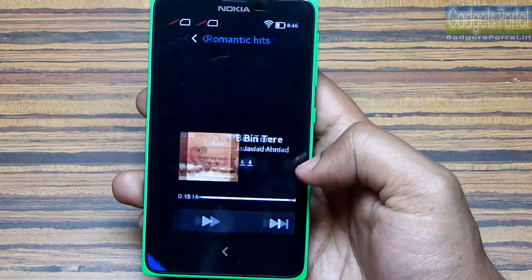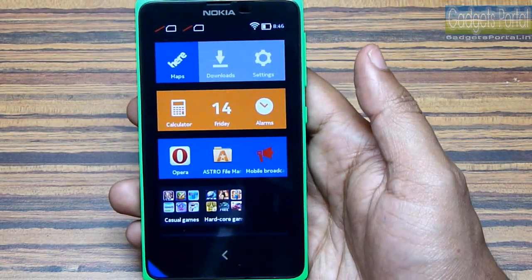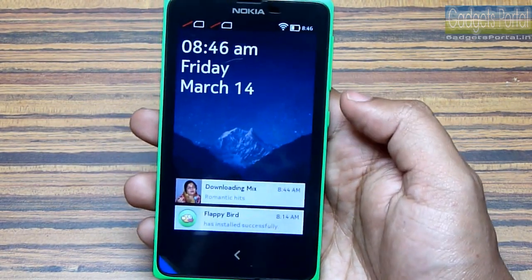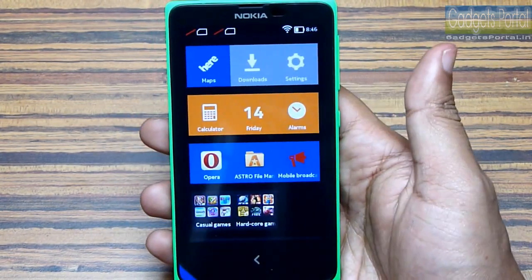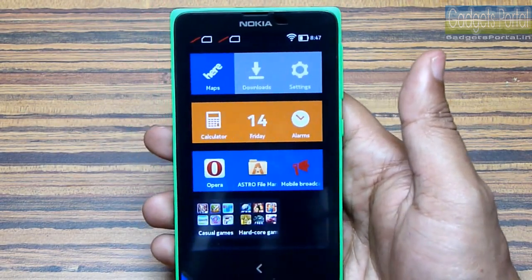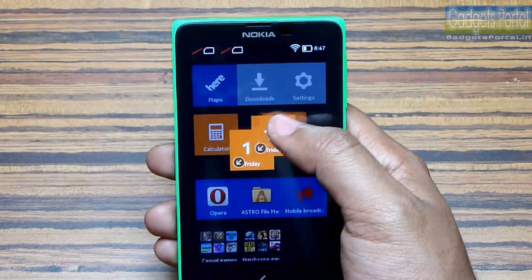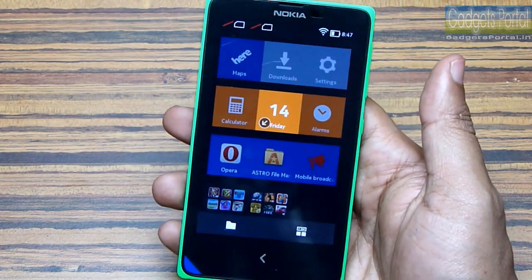Well, so far I've been talking about the interface and the overall functionality of the smartphone. Let's talk about the performance. And well, Nokia has not blessed this Nokia X with proper specifications for a flawless performance, just to keep the price under 8,000 rupees. Also, don't forget about this great quality display and the great exterior look and the build of the smartphone. But as a result, the interface is quite laggy and there is a shuttery experience all over the